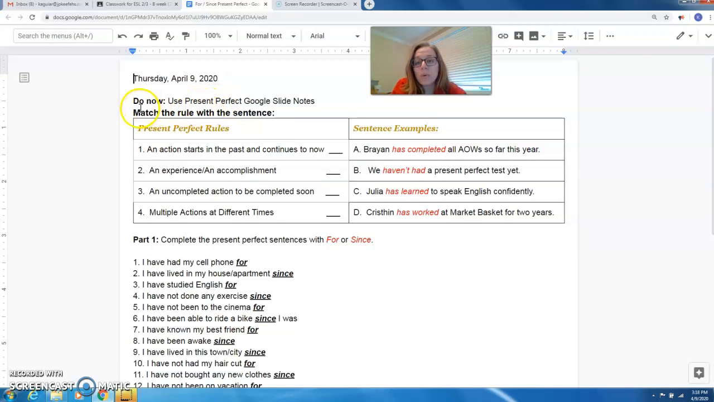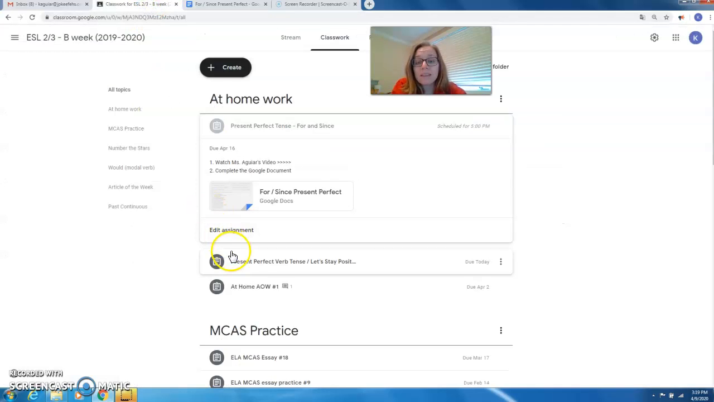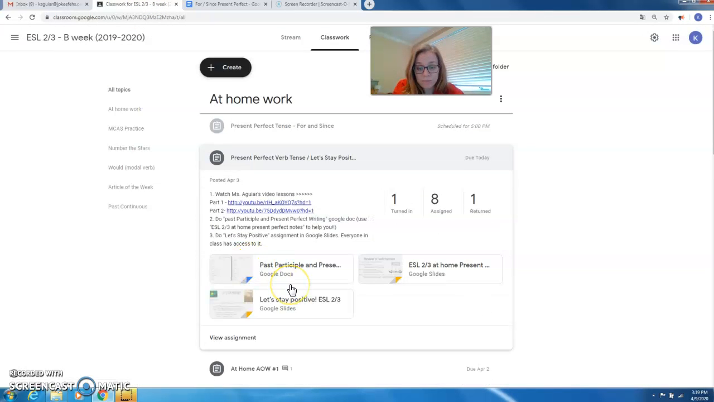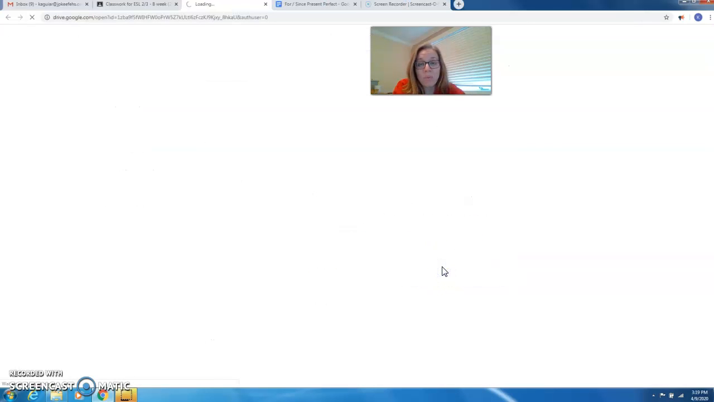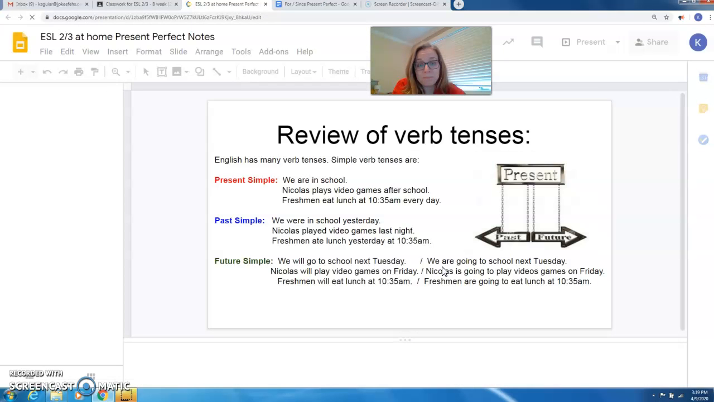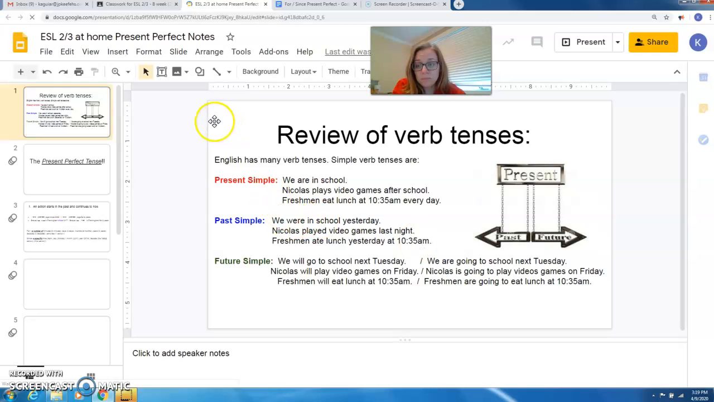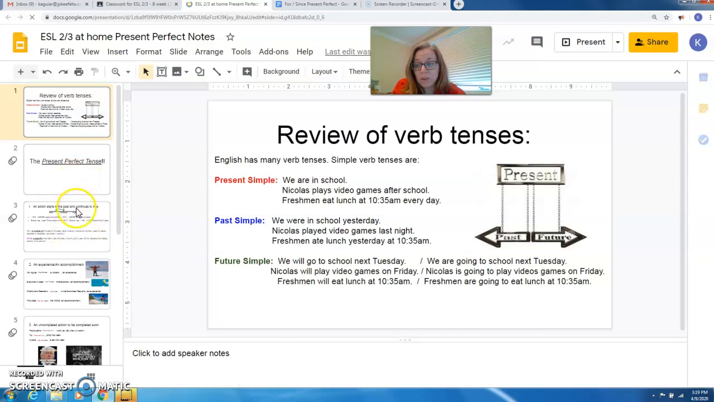Okay, so the do now, this is a review from last week. Use present perfect Google slide notes. Match the rule with the sentence. So match your present perfect rule with the sentence examples. For this, go back into, let's see, your ESL 2.3 at home present perfect notes. So if you go down,